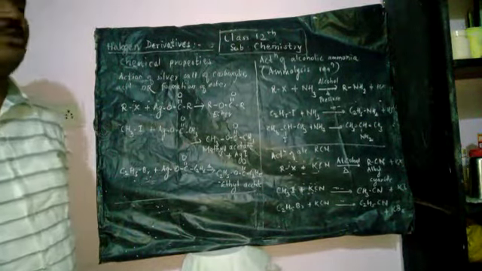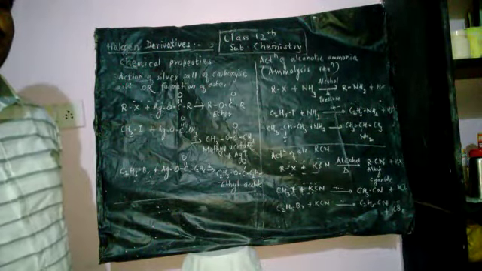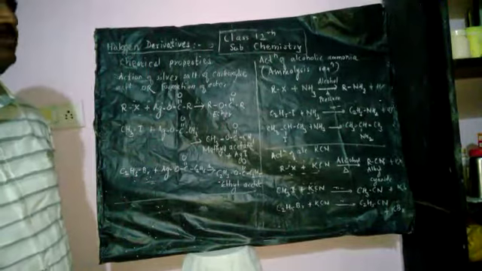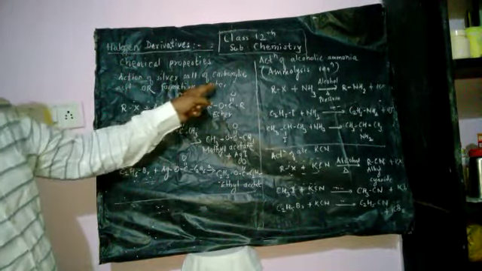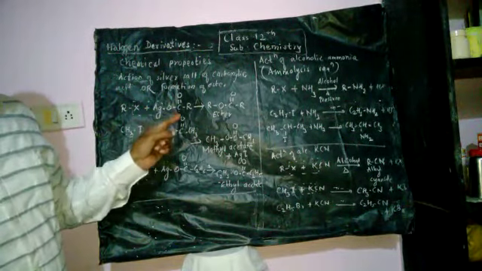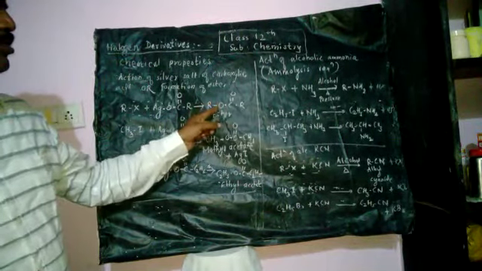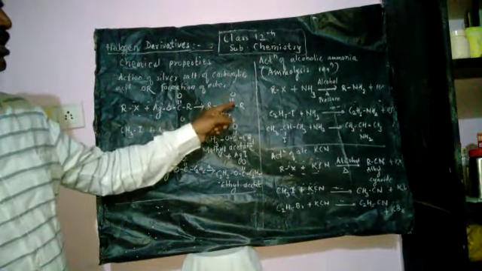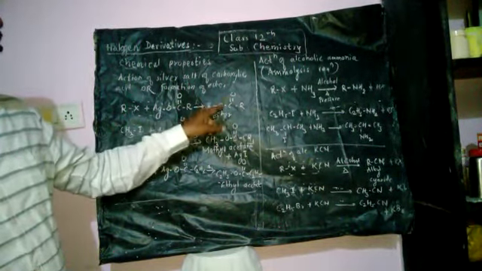We are studying chemical properties of halogen derivatives. Some remaining properties are there. Action of silver salt of carboxylic acid for formation of ester. General formula of ester is RCOOR.